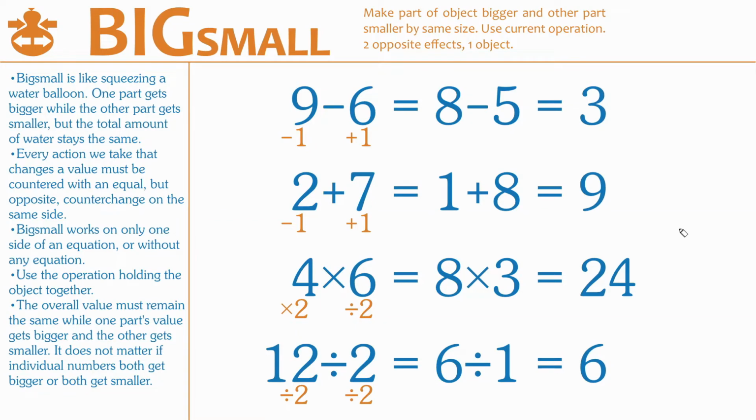BigSmall. This may be one of the most powerful in the sense that it brings together so many different things that get students confused. From the reversing that comes in with division, which is related to BigSmall, and then all the number conversions, doing stuff on one side of the equation to make this or that thing happen. What's the rule that I follow? What's the action that I take? BigSmall,